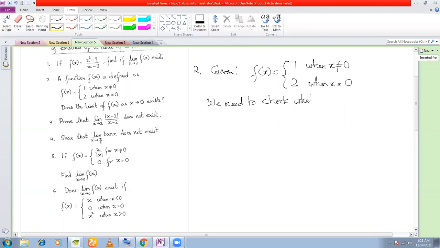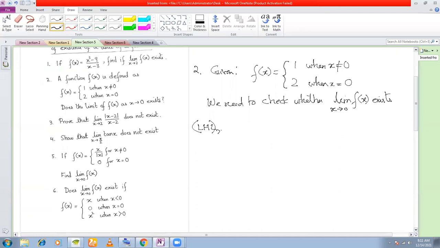whether limit x tends to 0 of f(x) exists. This is what you need to check. Okay, how do you check? We find out the left hand limit and we find out the right hand limit and check whether they are equal. So left hand limit,